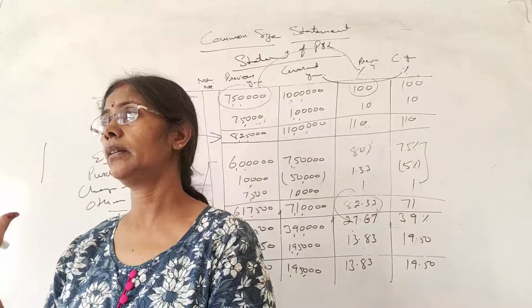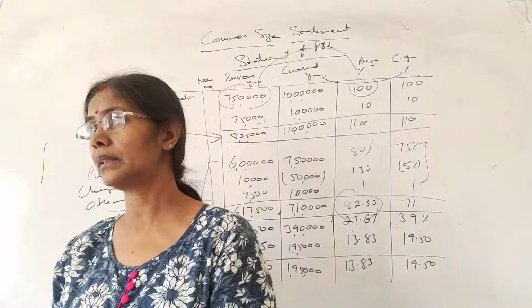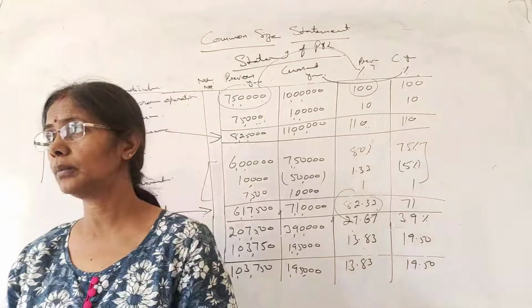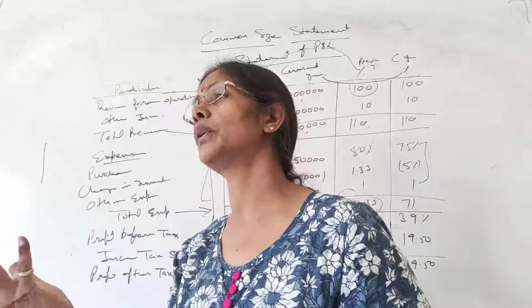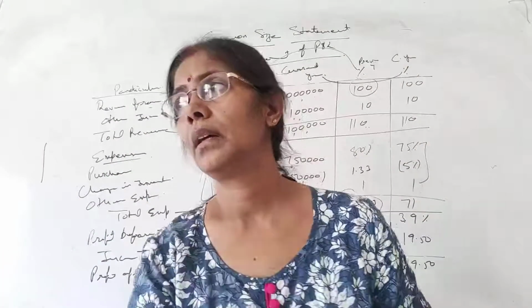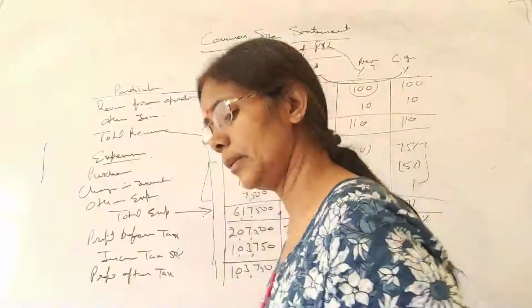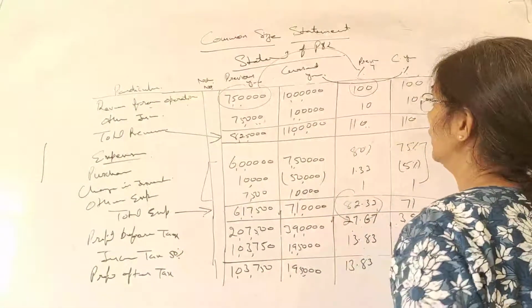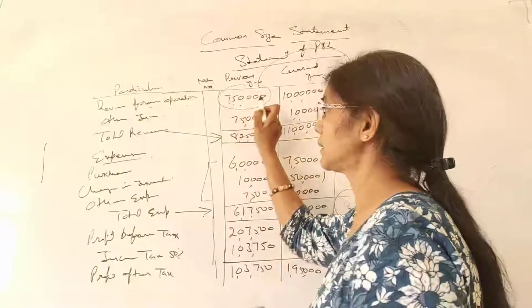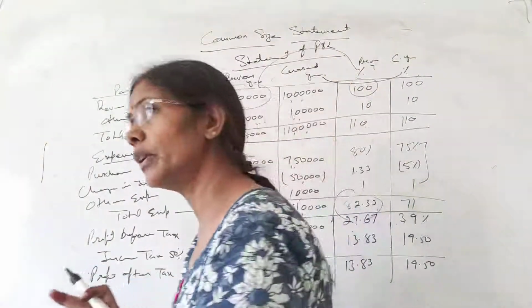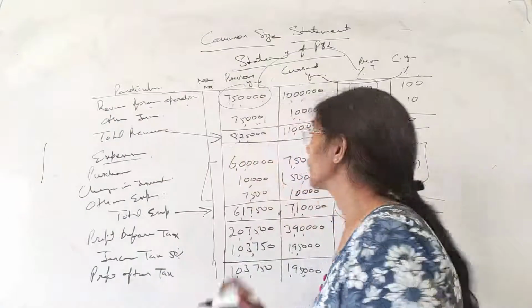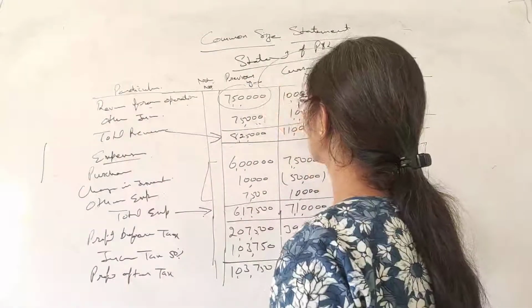ये वाला नहीं आया. How to calculate the percentage? I tell you, no problem. Which point you didn't understand? Any particular point or in common you didn't understand? All right. See. Is this clear? 7,50,000 is your revenue from operation. Yes, rest of you, if you didn't understand, pay attention. And this is of the previous, this is of the current year.